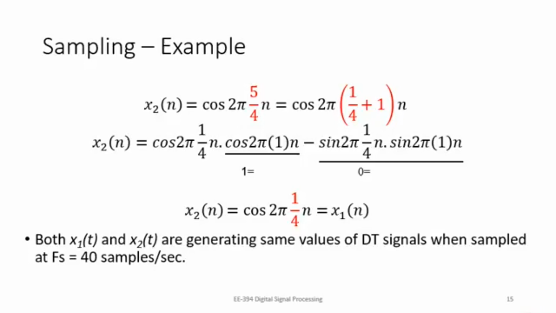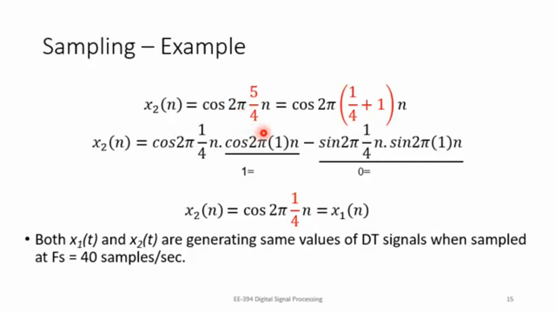Okay, so we continue with the second part, where our discrete time sinusoid expression came out to be cos 2π (5/4) n. We recall from the second postulate of discrete time sinusoids that discrete time sinusoids having their frequencies apart by an integer multiple of 2π are identical. So what we do is we split 5 by 4